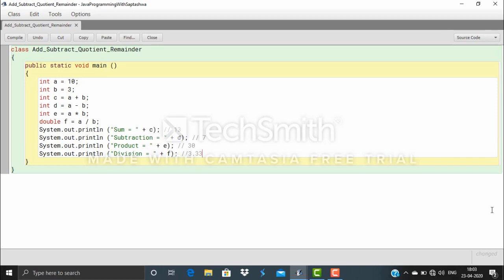It is just taking the integer part. But since here I want to get the decimal part also, I have changed the data type of f to double. So now the compiler knows that I want to save a double data type, that means a decimal value. So let me check what the compiler gives me.